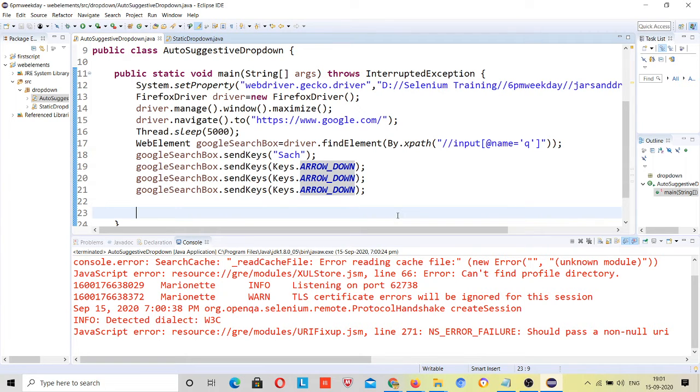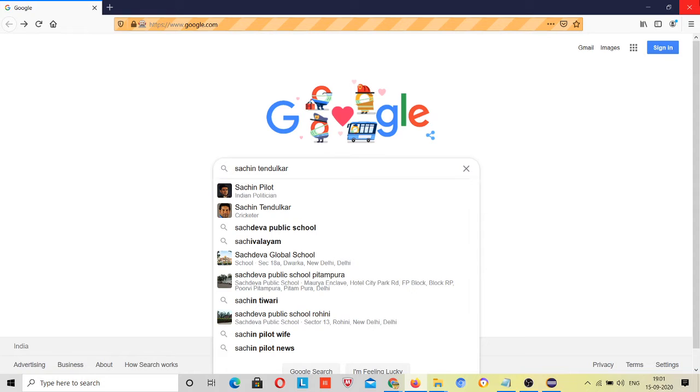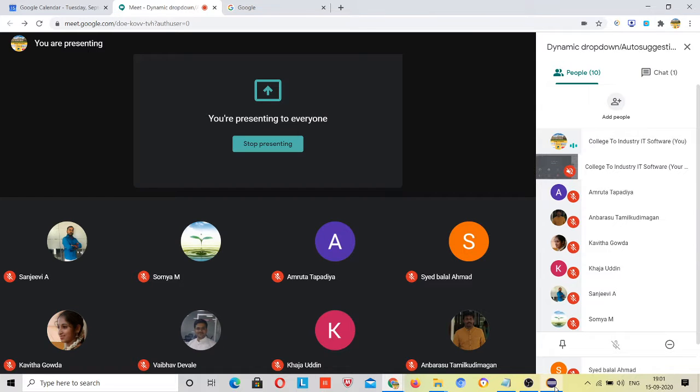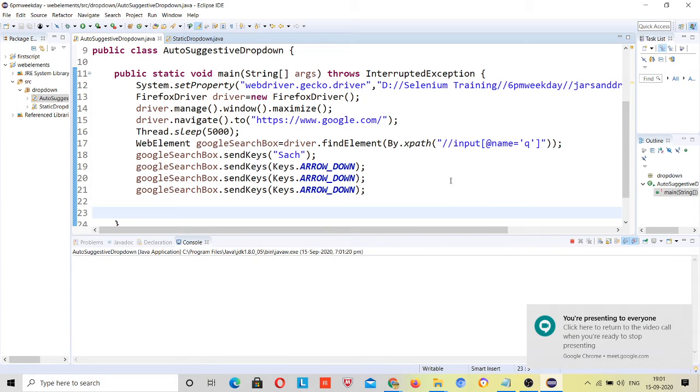That's why we should know every way and we can automate that. This browser was lost, right? I have not closed this. Let's close it. We have another method, driver dot close, but it will close instantly, so we cannot see it. That's why I'm not using that right now.